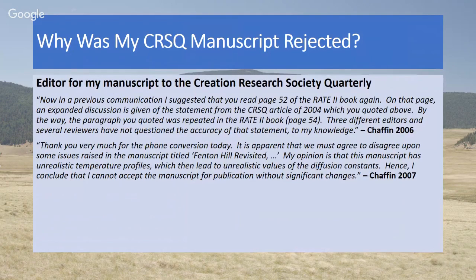So when I had this kind of information, I thought it would be good to publish an article in the Creation Research Society Quarterly, because they published Humphreys' paper in 2004, and seeing that by this time I had modeling results, I had evidence that he interpreted a graph incorrectly, and I thought this was a legitimate opportunity to go into their forum, into their journals, and engage in a dialogue there.